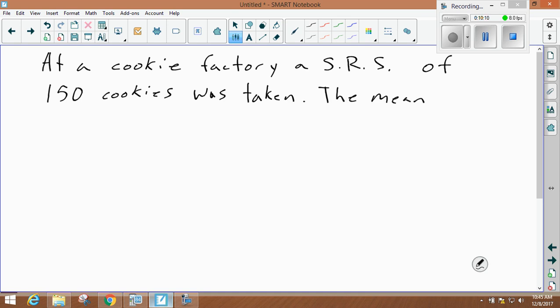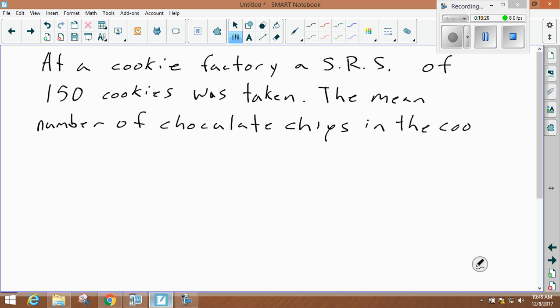The mean number of chocolate chips in each cookie, not in the cookies, but in each cookie, was,